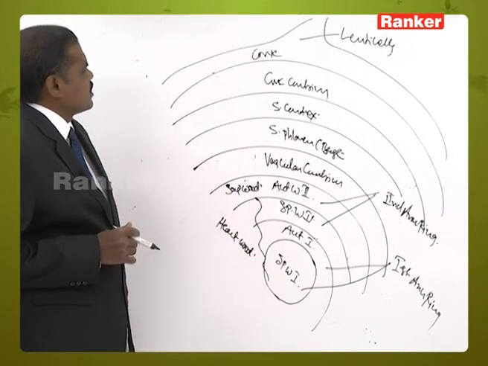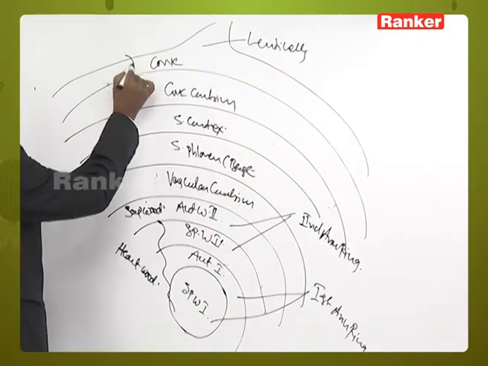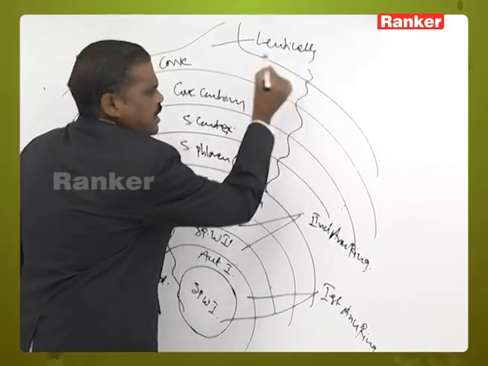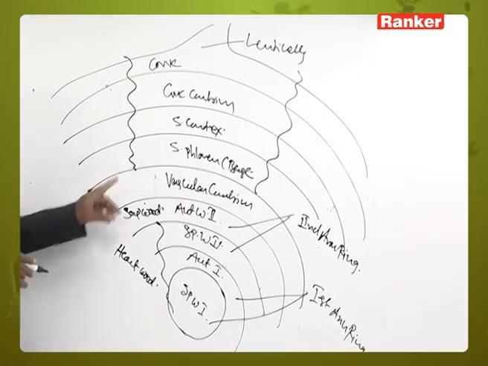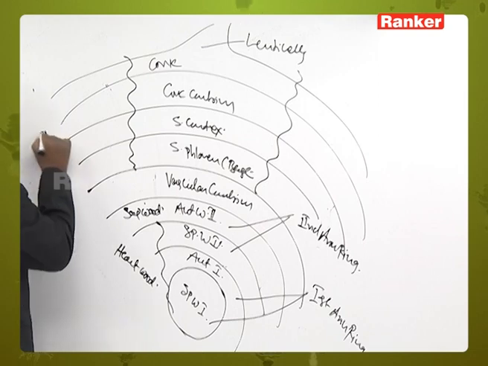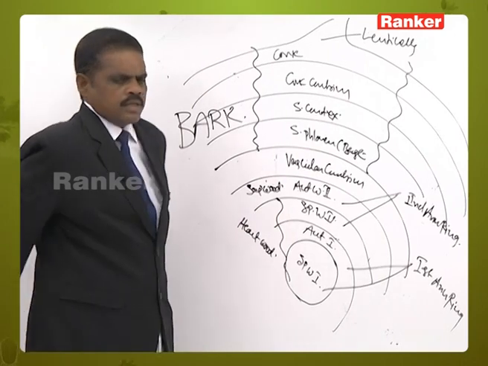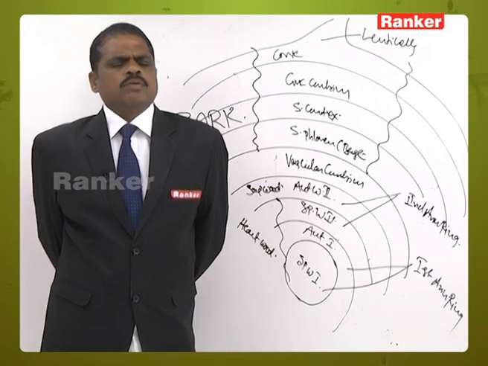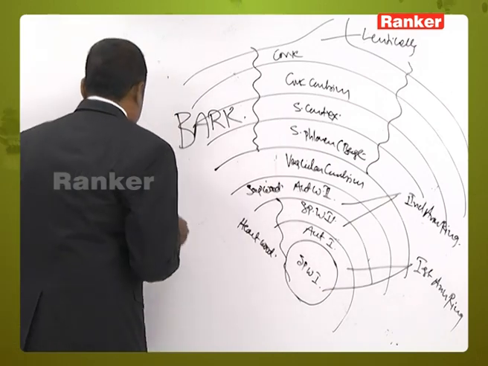If you observe, the entire tissue present above the vascular cambium, not including the vascular cambium, is together called bark. So bark includes